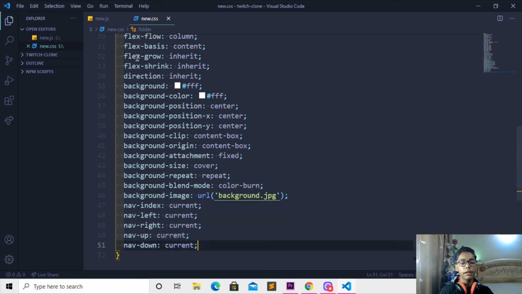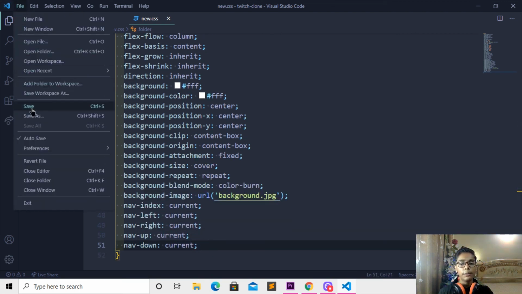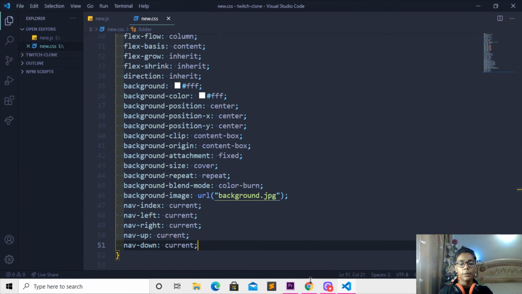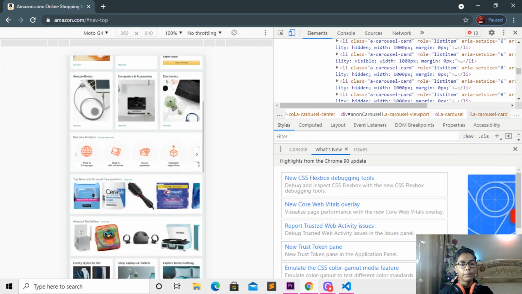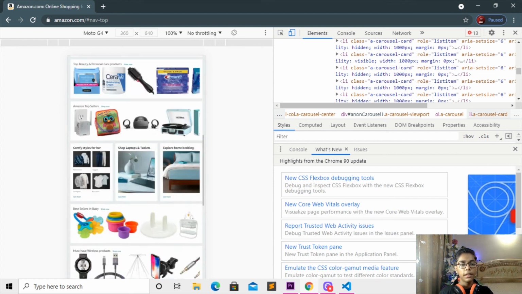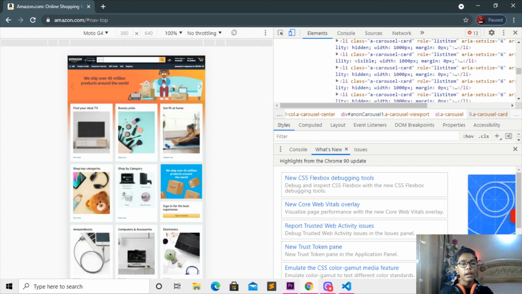So when I'm done with that, simply I'll be going to File, pressing Save, and now when you've done that, I'll be opening my Google Chrome to check, and you can see now our e-commerce app is just ready. If I scroll down, you can see everything is working here. We are getting our logo of Amazon at the top with the help of our background image which we have put in our CSS.